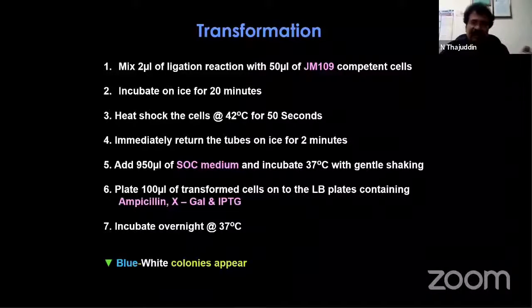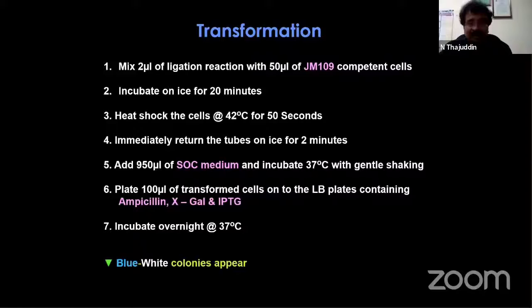Originally, they are ampicillin sensitive, and all their characteristics are well known. You mix it, incubate for 20 minutes, and then spread plate the competent cells transformed with the recombinant molecule on a plate containing ampicillin,